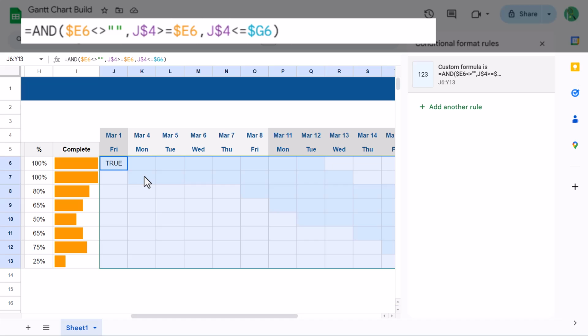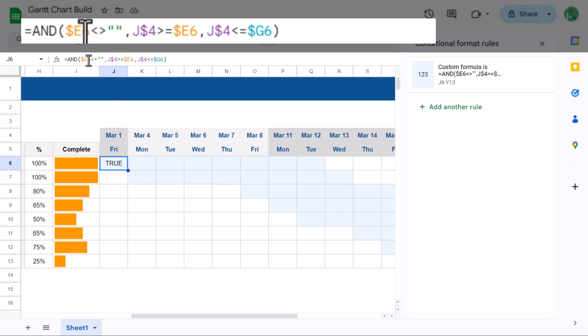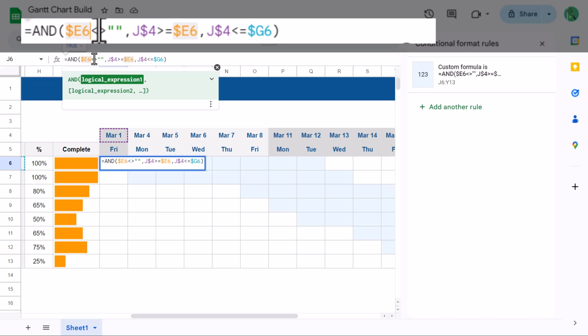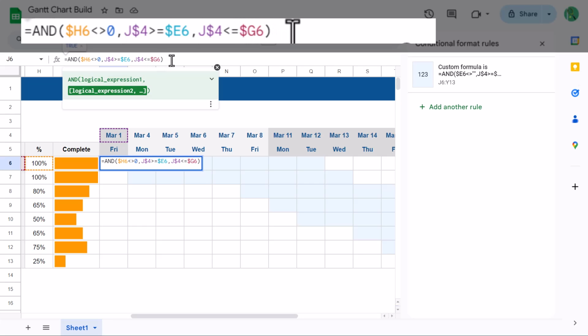Once again, we're going to write the formula first, and then create the conditional formatting rule after. And we actually are just going to adjust the formula that we already wrote in cell J6. So select cell J6, and in the formula bar, change the first argument to $H6<>0. Then leave the second argument as it is, and for the last argument, change the $G6 to the following: WORKDAY function,